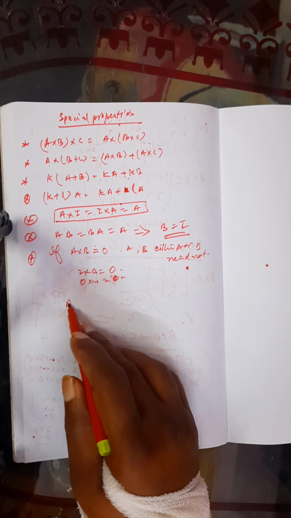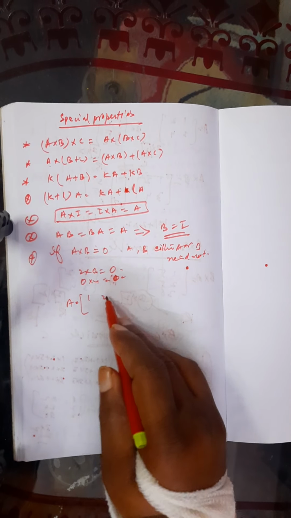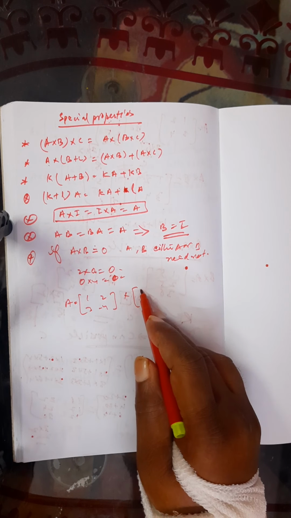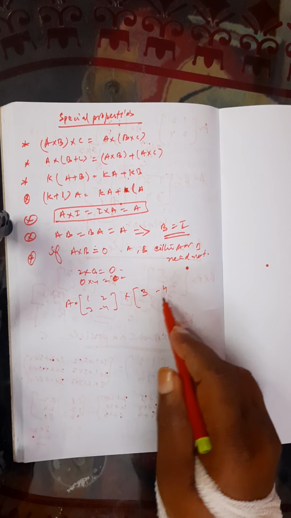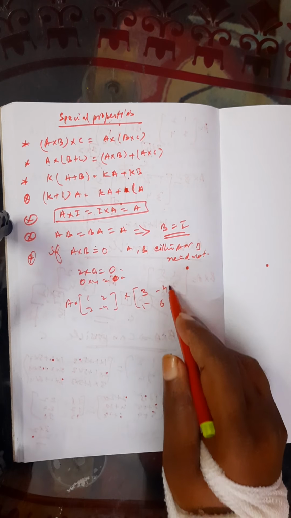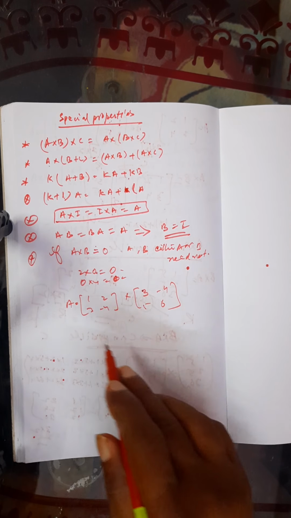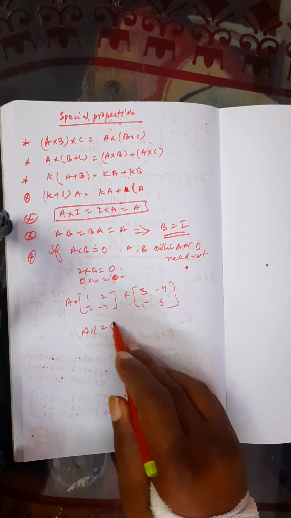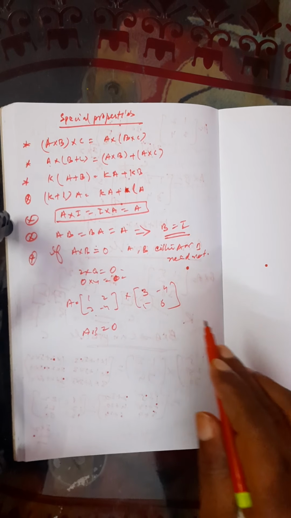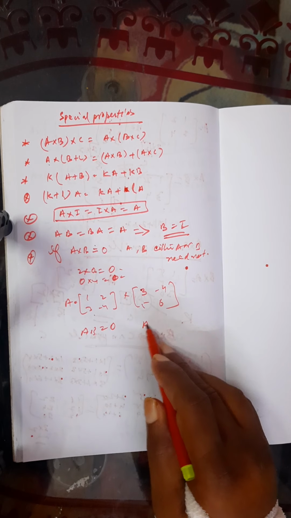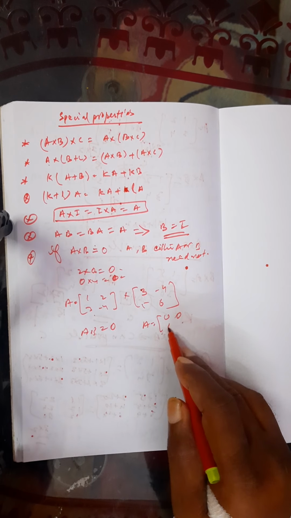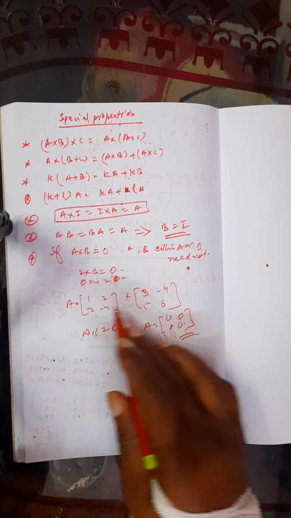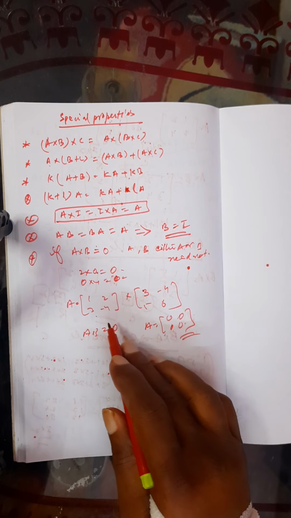But in matrices, taking any numbers, we may get the product also 0. Maybe some numbers are there, but the result of the product may be 0, while A and B are not 0. Not a 0 matrix means it is not completely like this. This is a 0 matrix. If you take a 0 matrix, then the product AB is 0 anyhow.